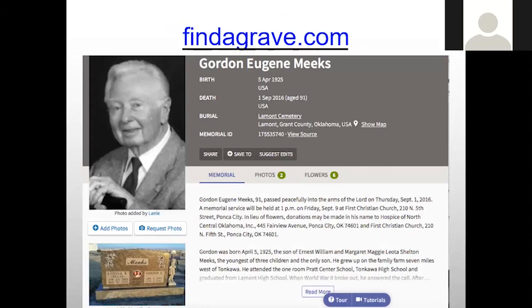Find a Grave we talked about. This happens to be the image for my father-in-law. It has a picture of him. Here again, this is a site that is volunteer. People upload the information, so not all of them have a picture. Many of them do have pictures of the tombstones, but here they've uploaded a picture of my father-in-law as well as his obituary. They may also give you connections to the family and who the ancestors were and where their